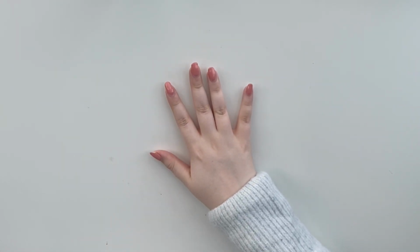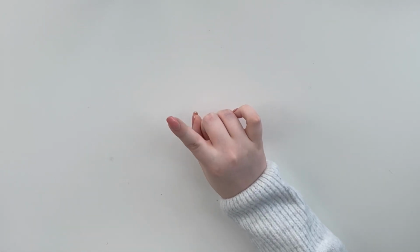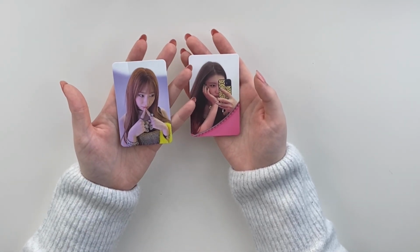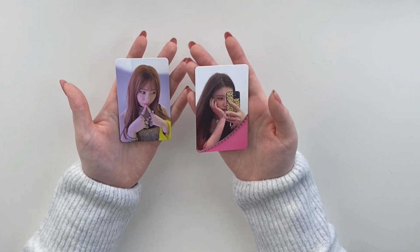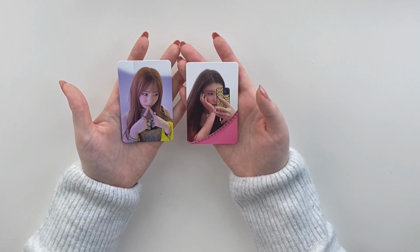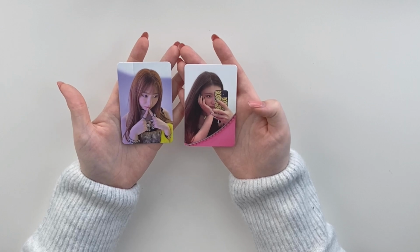So for ITZY I collect Taeyong and shocking, wait for it, both of the photo cards I have picked are non-selfies. I know. So we have these two. So this is one of Taeyong's Not Shy photo cards, and this is one of her Crazy in Love album photo cards. I only collect Taeyong for album things, so I'm not going to have any special benefits or whatever,